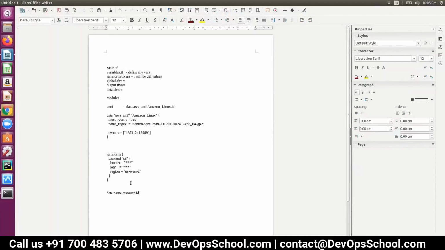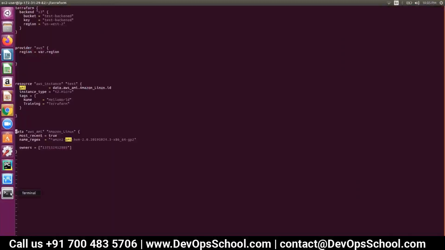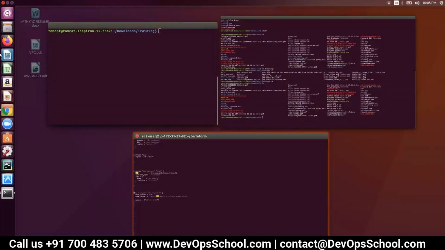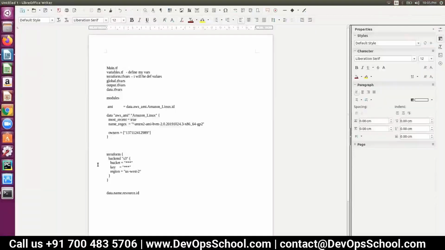Okay. Data dot resource dot name dot id. So whenever you are defining data, you want to fetch any data module, the syntax will be data dot